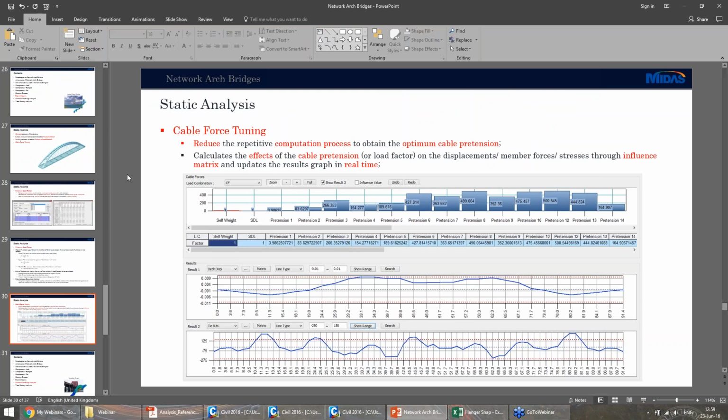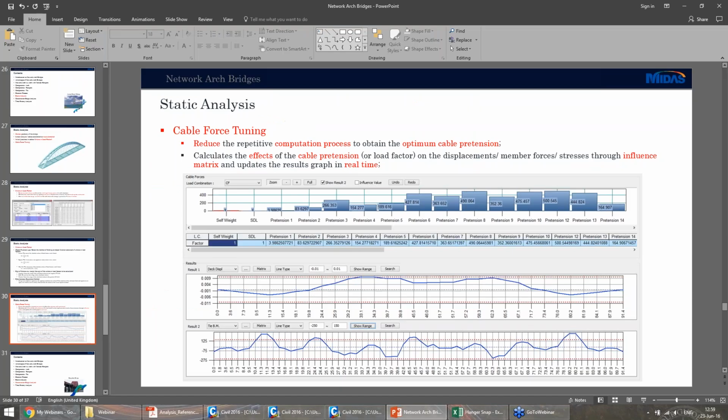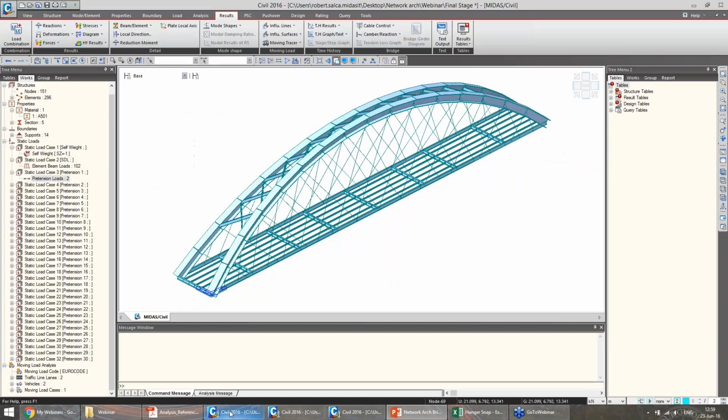Another useful function that can be used is cable force tuning. This is used to optimize the tension in the cables. It is very useful as the results that we see are in real time. So if, say, we have found the initial pretension force in the cables for the dead load and the superimposed dead load, and then we run the moving load analysis and we find the critical vehicle position for a given element, we can take this, put it